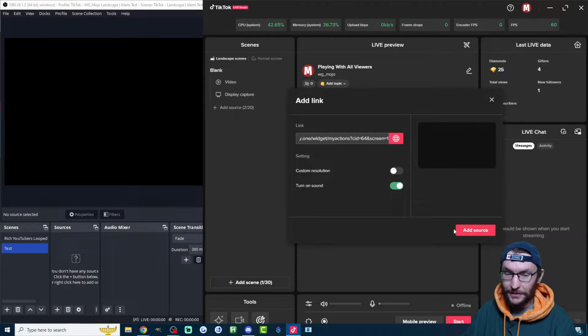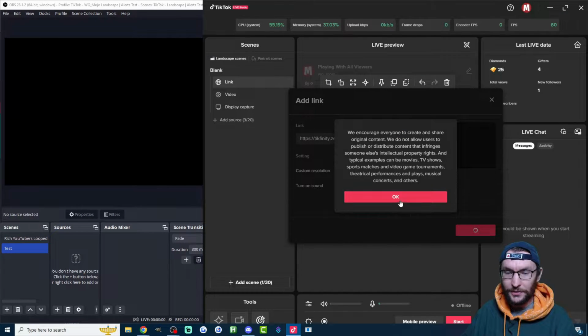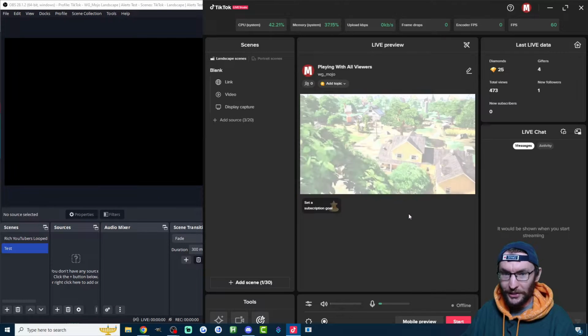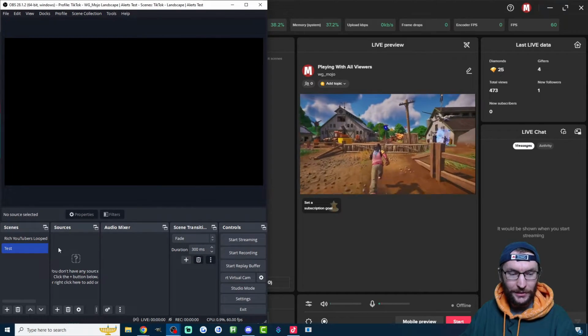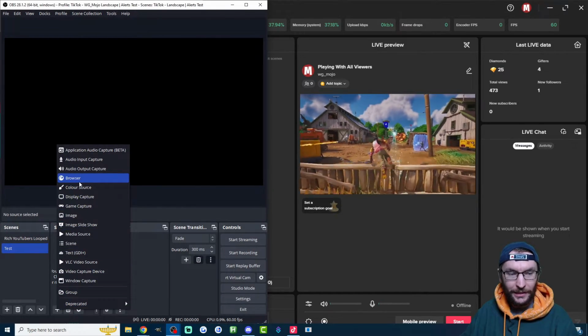I'll show you how to test it in a second. Make sure sound is on and click add source. You get this little warning here for some reason. Yes, I'm not going to infringe any copyright. Don't worry, TikTok. And then if you're using OBS, you go underneath sources, press the plus button, click on browser